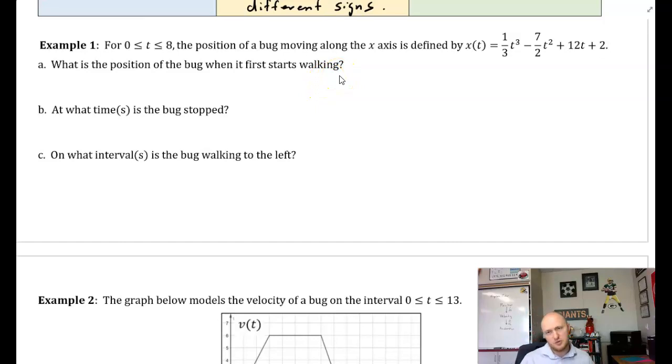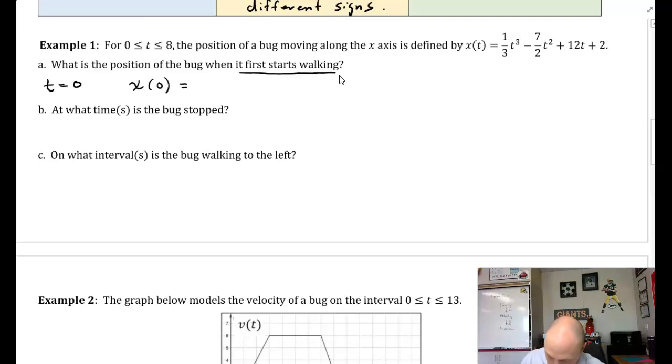When it first starts walking. Well, if it first starts walking, and I want to determine the position, that is time 0. What they're telling you here is first starts walking. They're telling you t is equal to 0. So what I'm going to go ahead and do is evaluate my position function at 0, x of 0. And so if I go ahead and plug this in